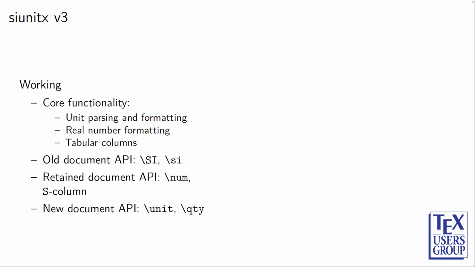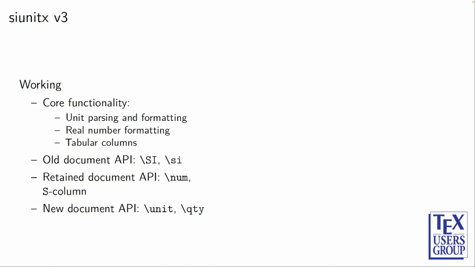Capital SI was inherited from a predecessor package, lowercase si was something that matched it, and it's the one that's used for units. But you'll see that they aren't really semantic. Capital SI is quantities, lowercase si is units. They're not great. The retained document API, so num is fine for numbers, and the S column I've retained,